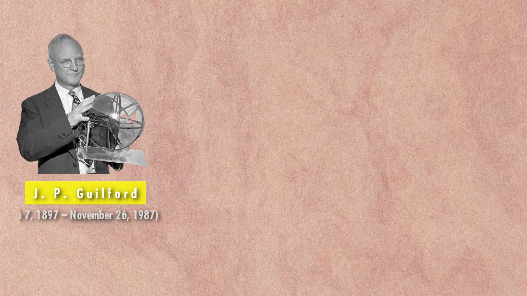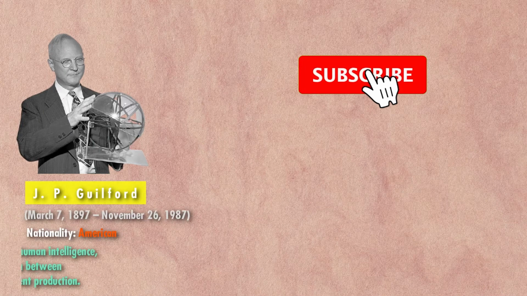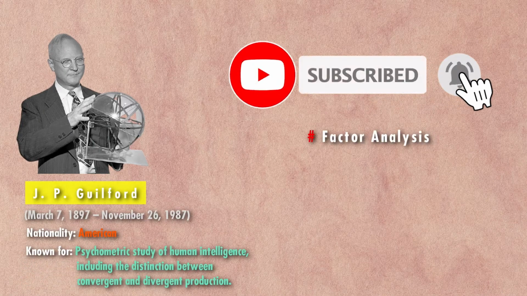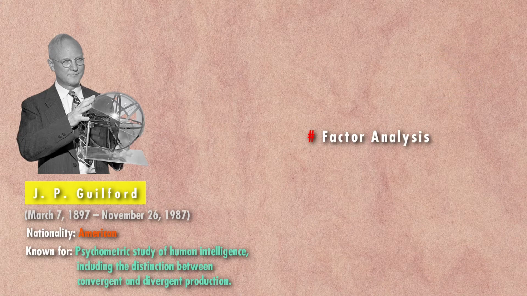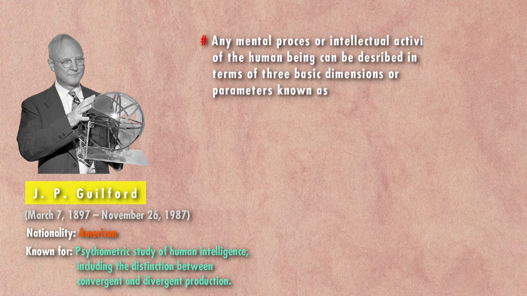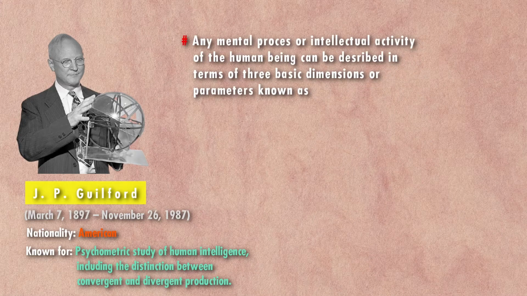J.P. Guilford and his associates have developed a model of intellect on the basis of the factor analysis of several tests employed for testing the intelligence of human beings. They have come to the conclusion that any mental process or intellectual activity of human beings can be described in terms of three basic dimensions or parameters known as operations,